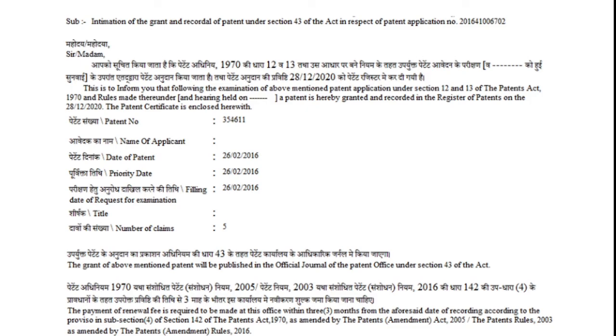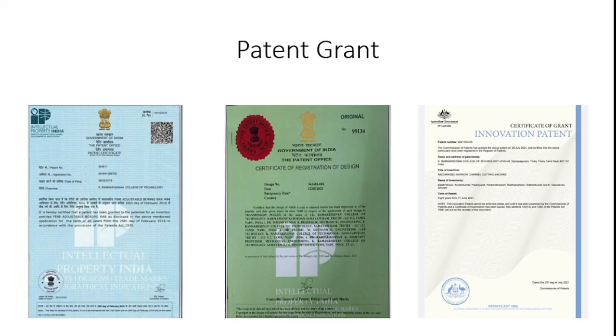Likewise, the patent office follows this, and the patent grant looks like this: the first one is the product patent right, the second one is the design patent right, and the third one is the Australian patent; other country patents are also possible with the Indian government approval. So these are all the steps available with the patent filing and the patent grant.